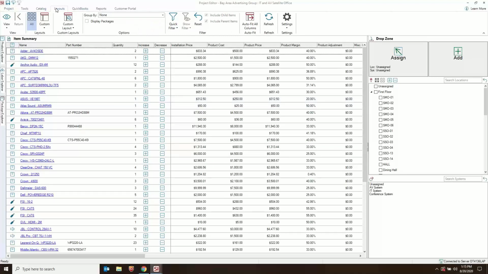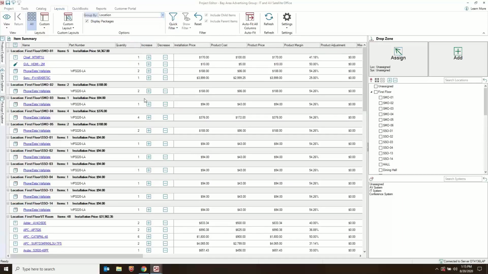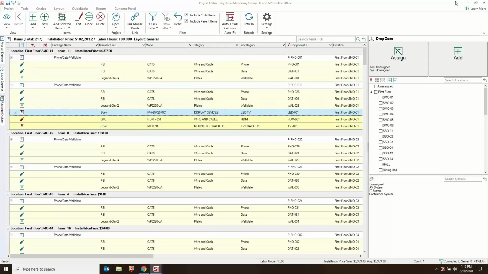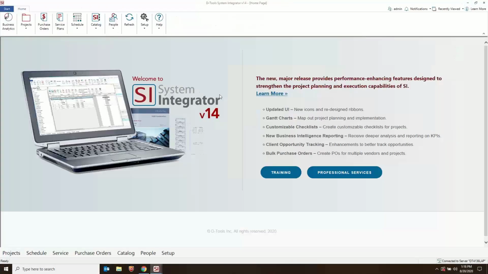So if you go to your Layouts tab here, when you're in this view, you now have the option to display packages. So packages will now display in here, and you can group these if you'd like. You didn't have grouping before. It was always just a flat list of all the items in the project. But if we wanted to see what was by location, you'll get your quantity and counts by either location or system or any combination thereof. So I just wanted to stop here and show that, and I'm going to go back here to our home